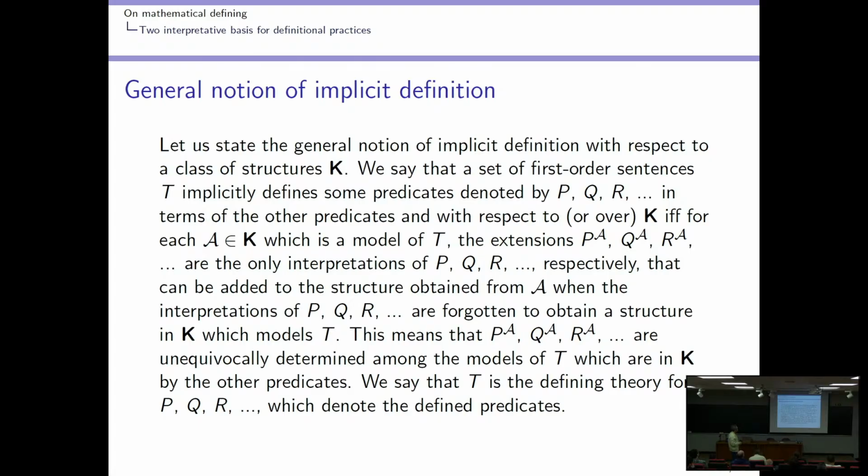Let us take the general notion of implicit definition with respect to a class of structures K. We say that a set of first order sentences T, a theory, implicitly defines some predicates denoted by P, Q, R, and so on, maybe finite, maybe only one, in terms of the other predicates and over the class of structures K, which is a class of structures for the signature of T,